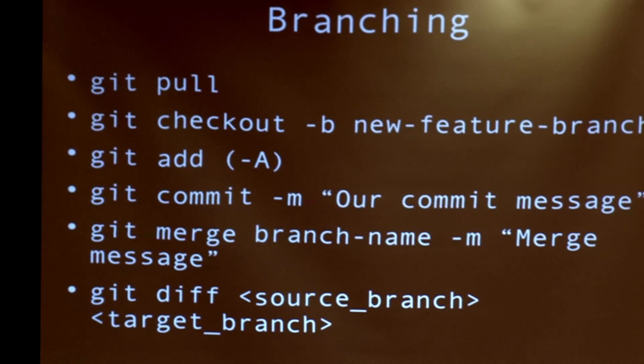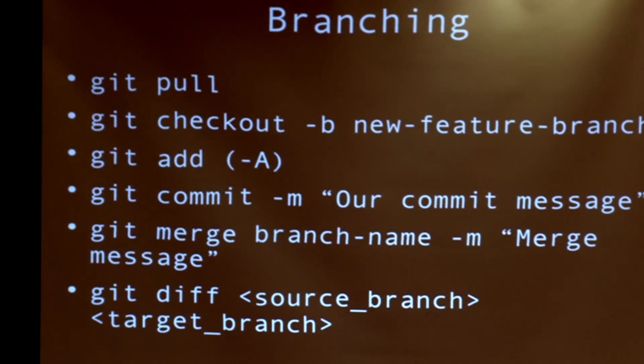And first, let's take a look at the branching idea. What's good about branching is that you can create a new branch from your working tree, and you can have your stable code and then create something new from it, add a new feature, test it, and if it's working well, merge it again to your stable master branch. What is very important here is always to pull the code first, because some of your colleagues are working too, so you need to get their changes before you start working.